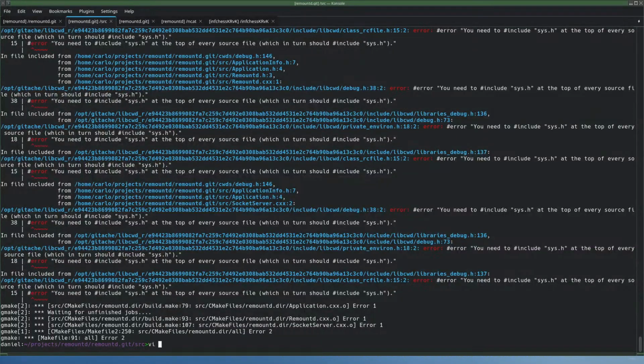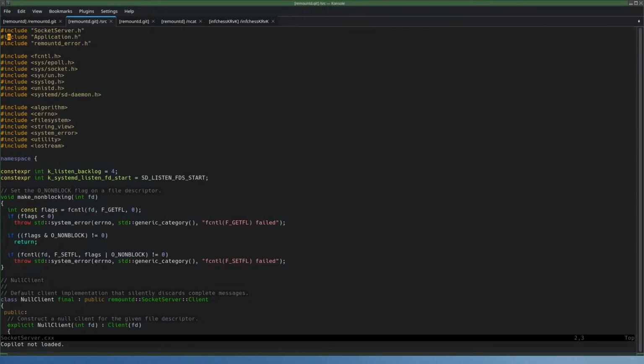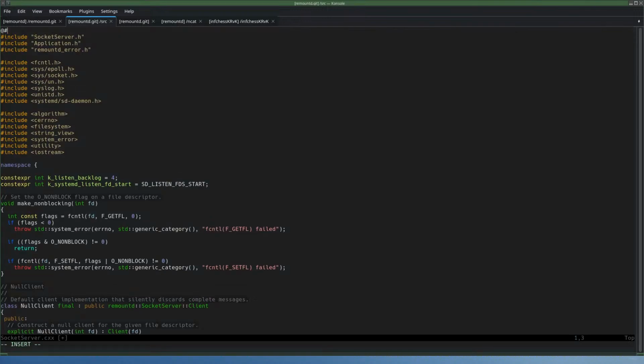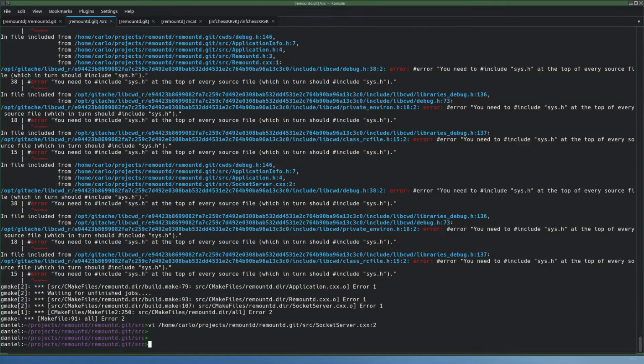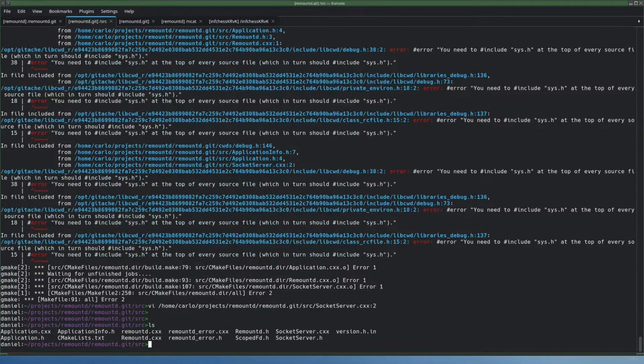And overall sys.h again, which file? Squad server. Might as well add it to every .cxx file before I get another error.